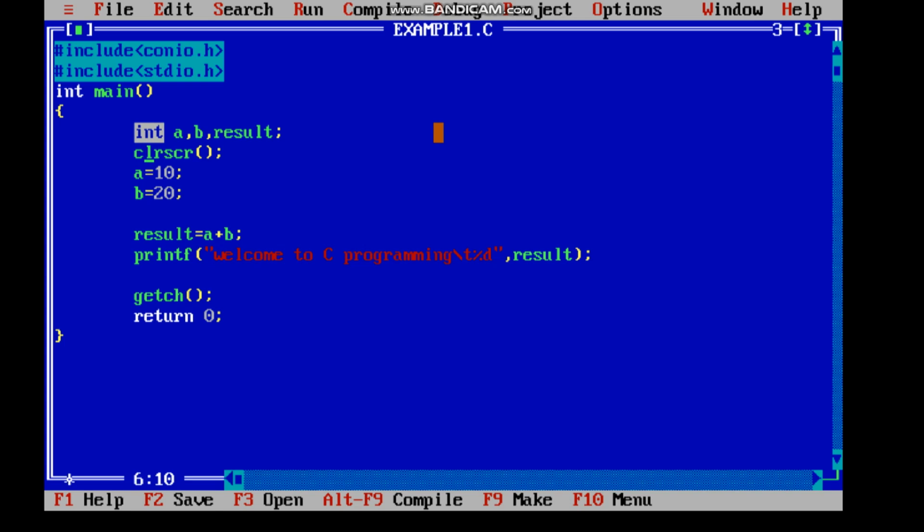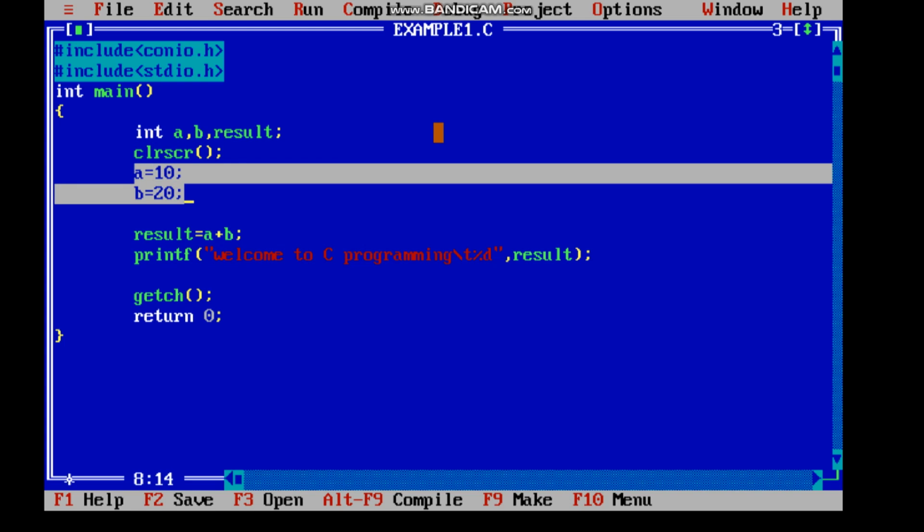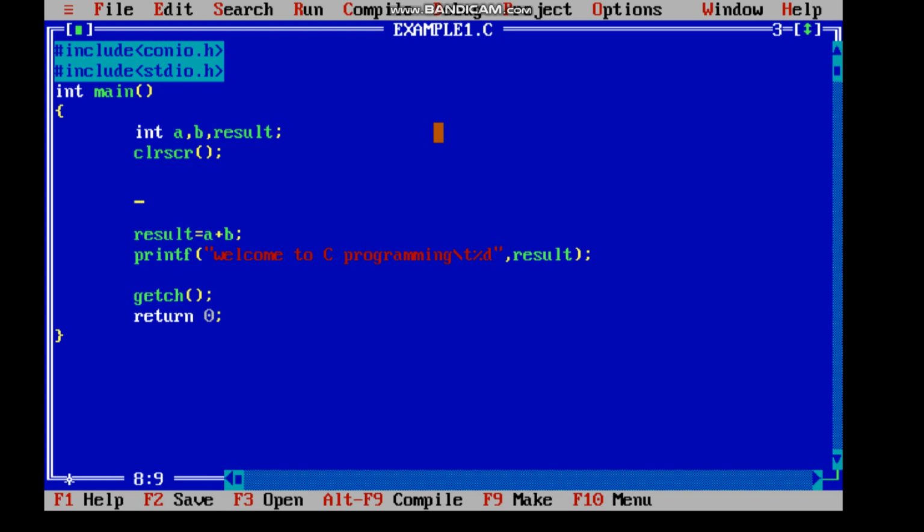Now the next question is, here we have declared two variables, variable A and variable B, and then we have computed the result in a variable C. So we have calculated the total of A and B in a variable result, right? So instead of defining the values directly, what we can do is take the input from the user. It is possible. To take the input from the user, we require a printf statement. First of all, we have to print some message that we have to enter two values.